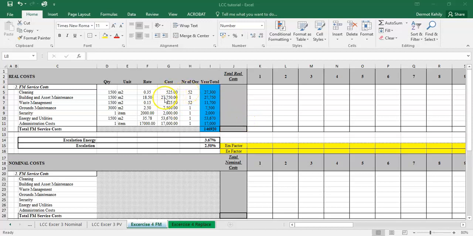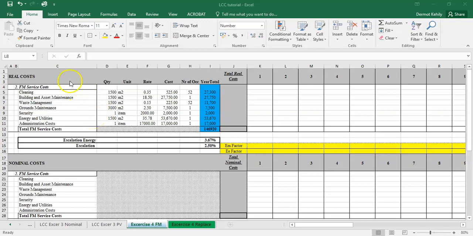When I say meaningful, I mean a little more meat on the bones in respect to what actually happens. Over the last number of tutorials, I've been showing you the calculations for a couple or a number of lifecycle costing items. But here we can see the calculation of facilities management costs. Now there are only 6 or 7 costs in there. There could be a whole lot more, but at least it gives you an idea as to how you might